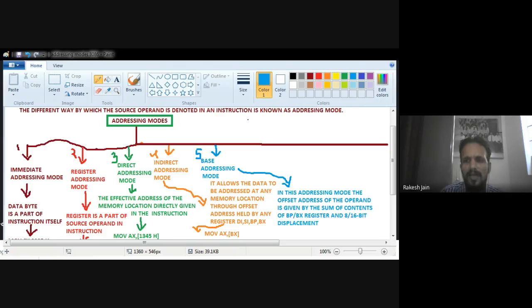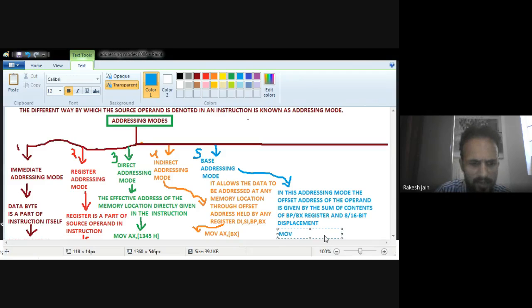Now, for an example of this base addressing mode, let's suppose I have a register CX.